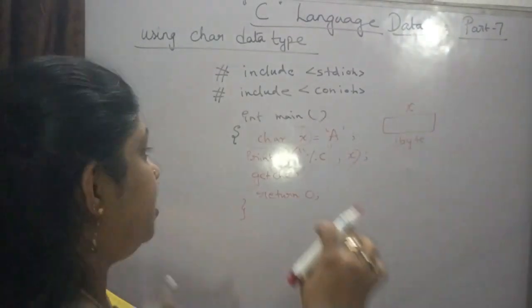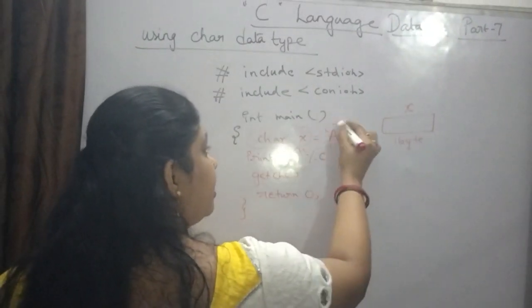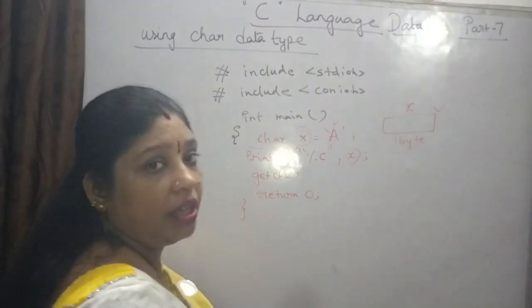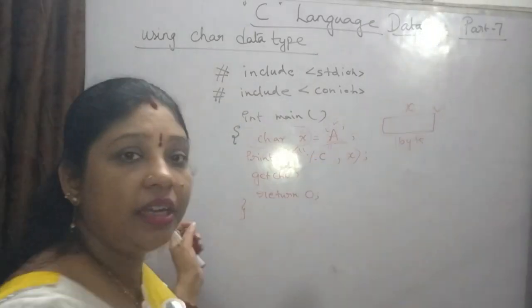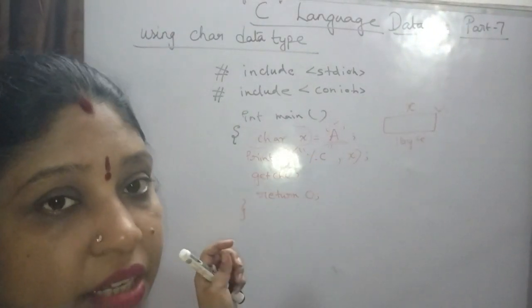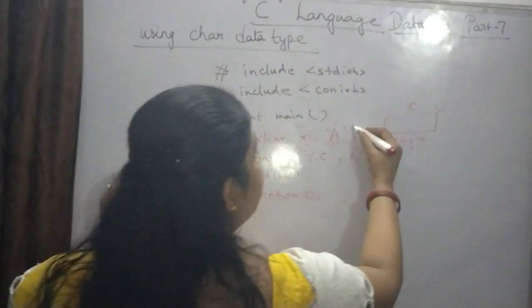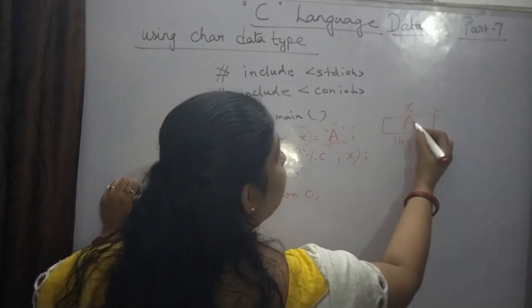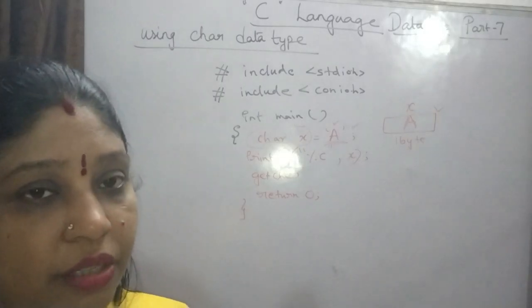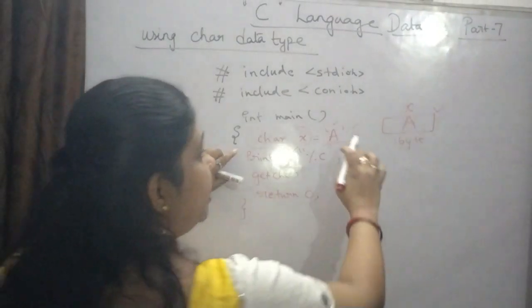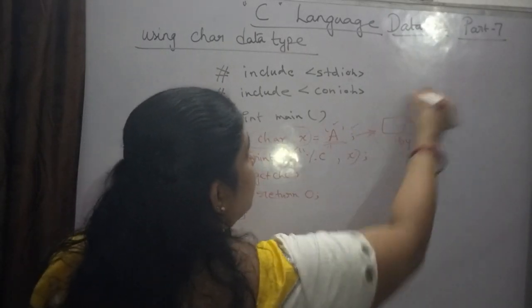See, first the size is given, the declaration part is over with this, then it comes to the assignment. What we did here is I have assigned a character A, capital letter A in single quotes. The moment it sees that, it will store this one here. This is just temporary storage. That means the declaration part is over, the assigning part is over. This step is completed.